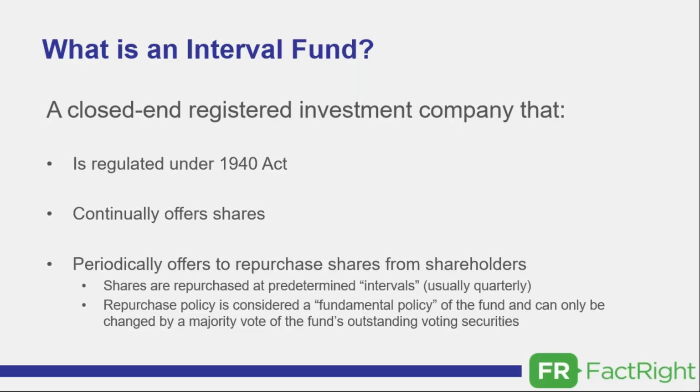Now, other types of funds, such as recent BDCs, might repurchase shares, but they can suspend that repurchase plan anytime without shareholder input. In contrast, with interval funds, the exact repurchase plan is defined in the prospectus, and it can only be changed with a shareholder vote. And to put that in the jargon, it's a fundamental policy of the fund. And this, of course, is a defining feature of what makes an interval fund an interval